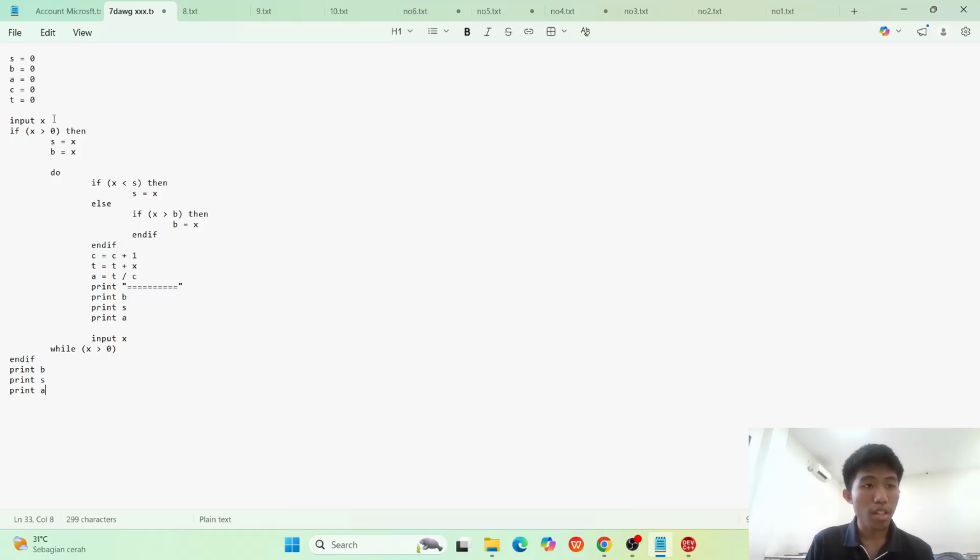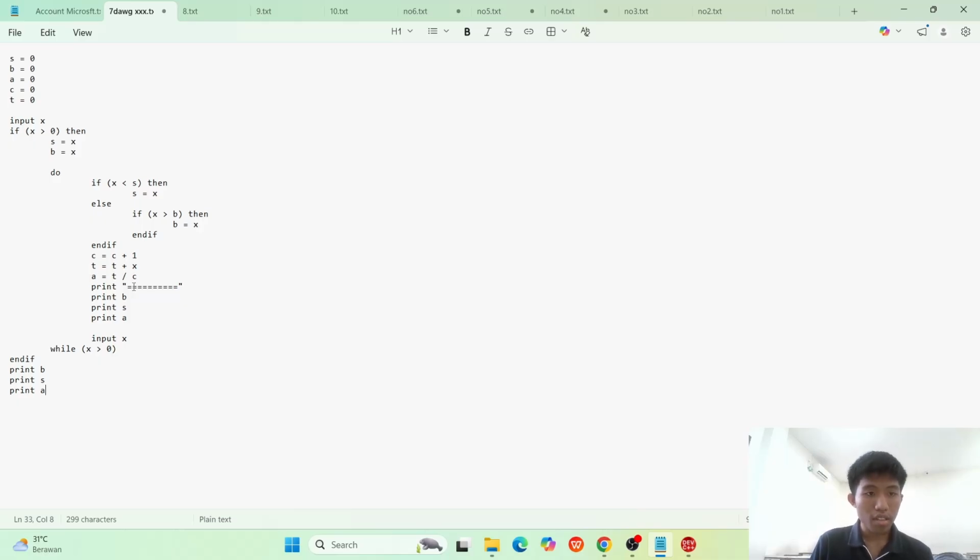First we input X, and then if X is greater than 0, we set S equal to X and B equal to X, and then if X is less than S, then S equals X. Else, if X is greater than B, then B equals X. After that, count equals count plus 1, and then total is the sum of all input, and then the average is total divided by counter.